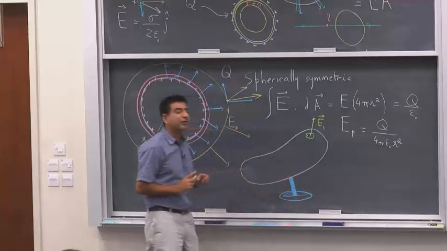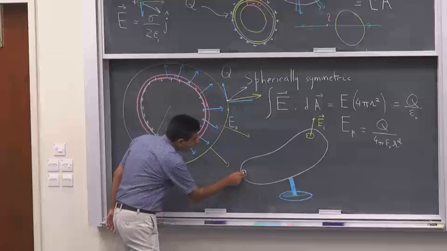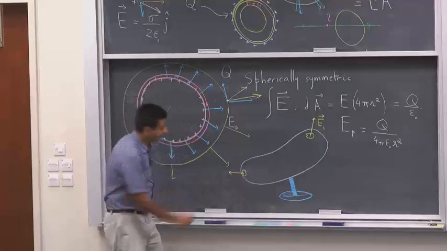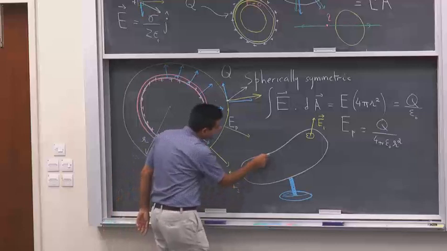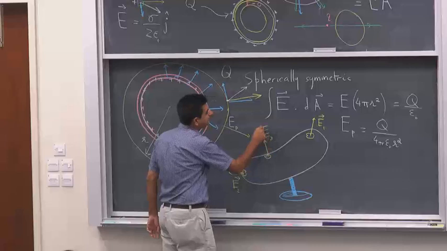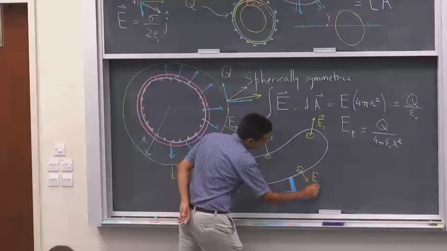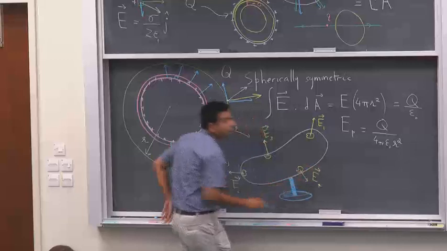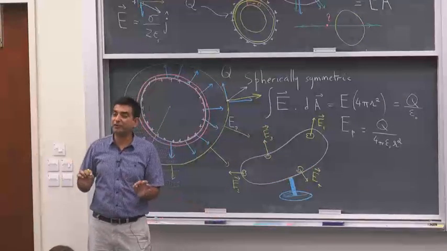It's going to be pointing normally outwards to the surface. Here the electric field is going to point in this direction. Here the electric field is going to point in this direction. Here it's going to point in this direction, and so on. So at all points on the surface of this object, the electric field is going to point